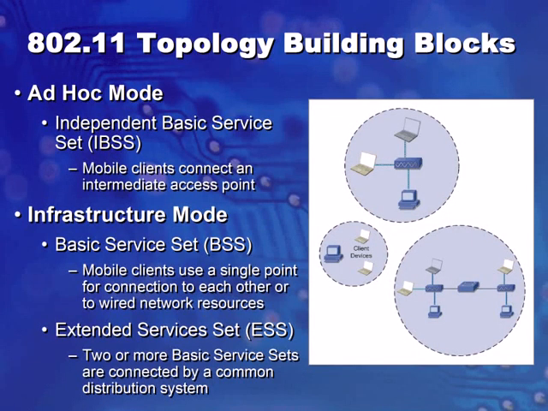As far as building your wireless networks, there's really three ways to do it. If you just have two or three or several clients that want to connect to each other, you actually can do this without any form of infrastructure using an IBSS type network, which stands for Independent Basic Service Set. This allows a client to create an ad hoc network from client to client and create a file transfer type